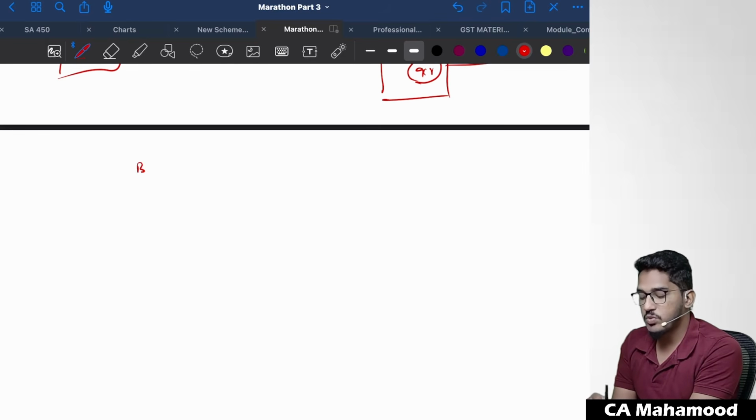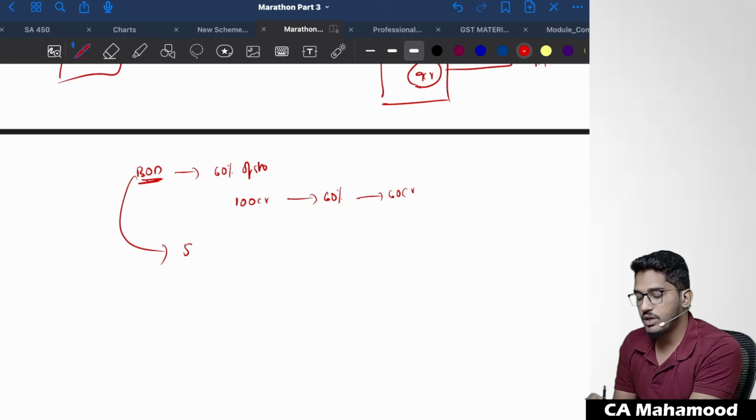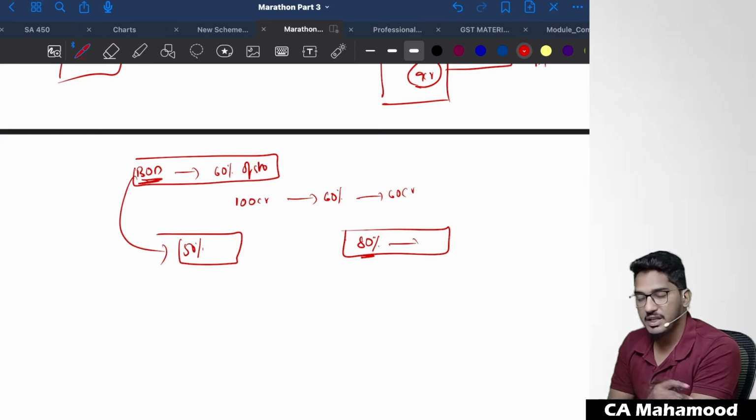Generally, every bank's board of directors will have certain rules. Some banks will say that they will give 60% of the stock as drawing power. That means, for example, if someone submits a stock statement of 100 crore rupees, out of that only 60% they will give as drawing power. That is 60 crores. Some boards of directors of banks will have decided that they will give only 50% of the stock as drawing power. Some banks may go to another level. They might take extra risk. They will say they will give 80% of the stock value as drawing power. So every bank's board of directors will have certain rules. According to those rules, drawing power has to be calculated.